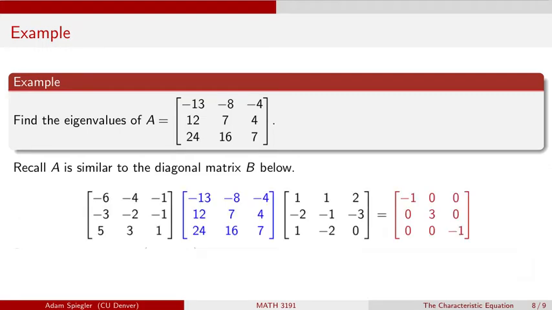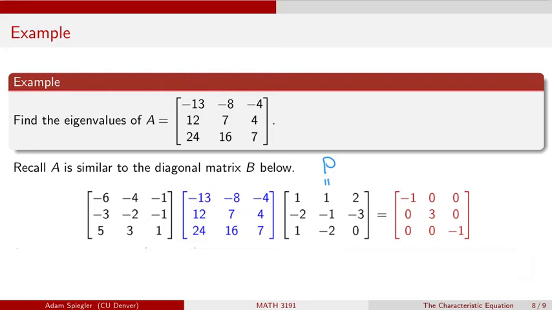But recall, what we do know about this matrix A is that it happens to be similar to a matrix B, which is a diagonal matrix that has the entries minus 1, 3, and minus 1 along its main diagonal and zeros elsewhere. So we can find a matrix P, which in this case is this 3 by 3 matrix